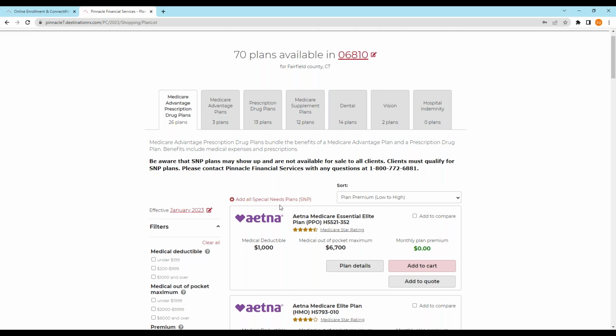On 10/15, there's going to be another tab on here, because right now this is only showing plans that I'm contracted and certified to sell for 2023. On 10/15, a new tab is going to show up that says Show All Plans. If you click that button, it's going to show everything, whether you're contracted with it or not. That's pretty handy, because if there's a state you're not familiar with or a carrier you don't have, you can still quote and compare it. You just can't enroll people in it because you're not certified to sell it.